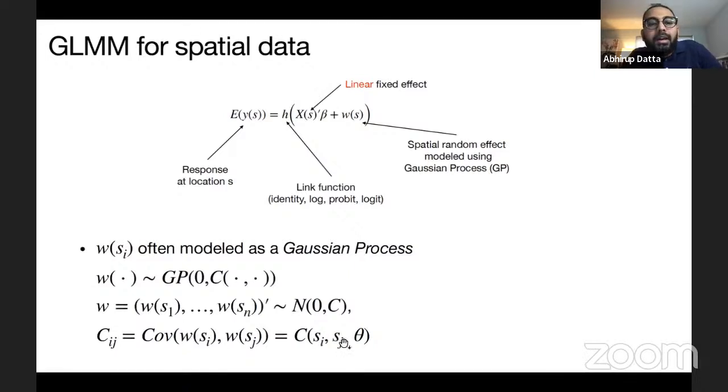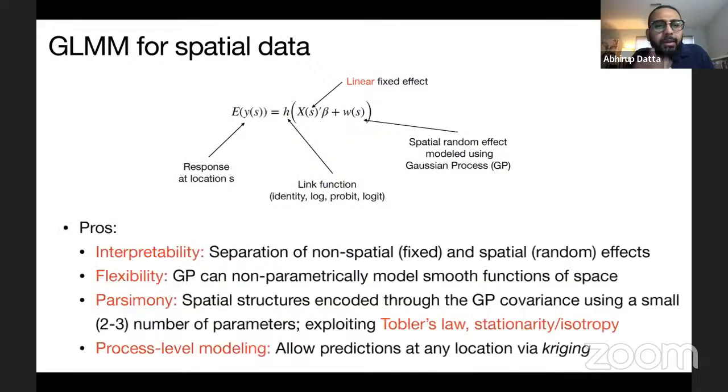So this is all multivariate Gaussian distribution, which is very easy to write down and optimize, and which is why Gaussian processes are very popular in spatial analysis.